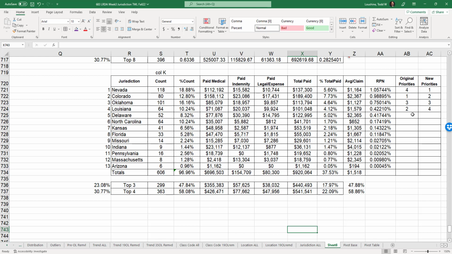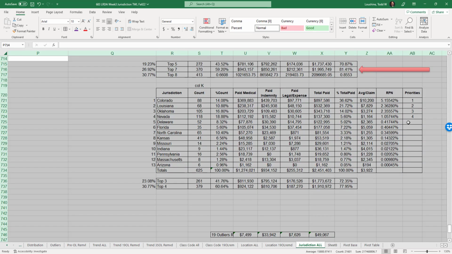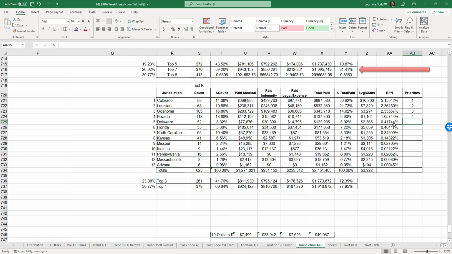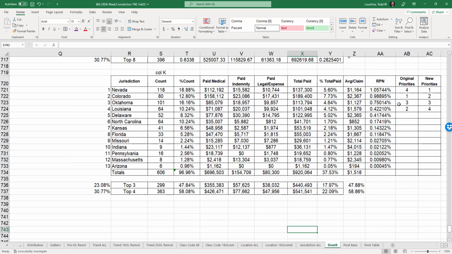Is the 5th the 5th? I don't know. Could be. I mean, we could do a top 5, but then we're really starting to get away from what it was. Let's see if we were to go 5 here. Yeah, those are too close. I'd have to do 5 and 6. But when I go back here, 5 would be all I'd really need to do. Spell it right: jurisdiction. 19 outliers removed.